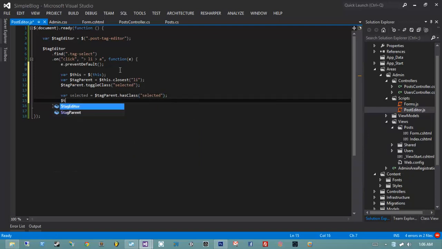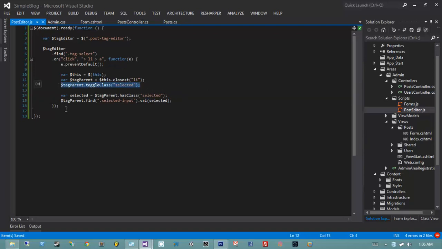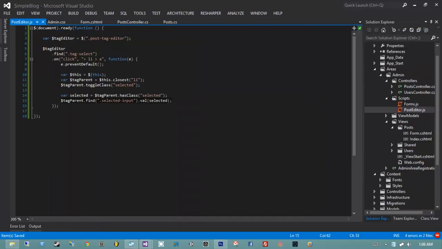Then I'm going to say tag.parent().find("selected input").val(selected). All this does is the two steps that I outlined earlier. First of all, it toggles the selected class on the parent li, and then it updates the hidden form field that tells the server whether or not the particular tag is selected. Alrighty. Meaning if I come back here and hit refresh, nothing will happen because I actually don't have this